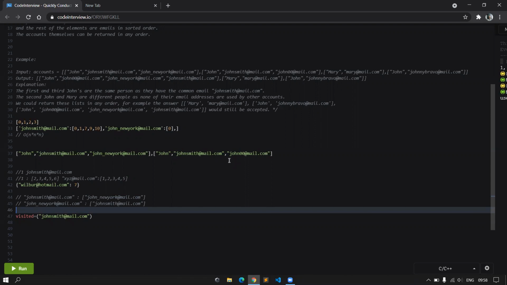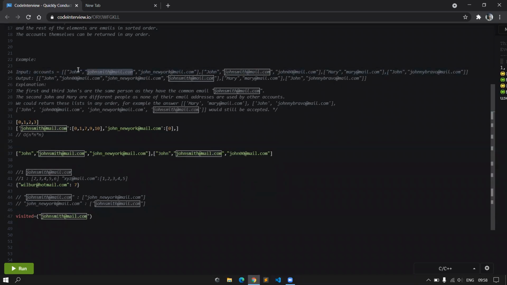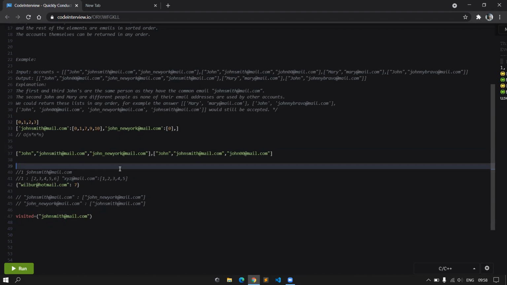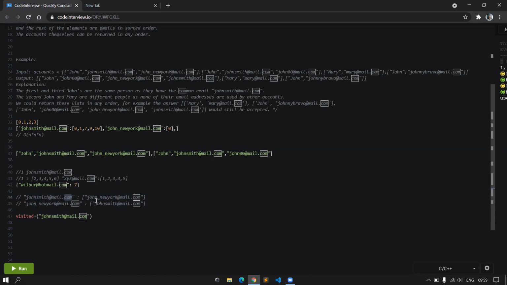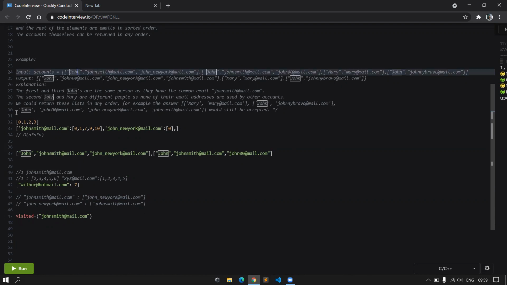I can use a dictionary here, I guess, to map each of the individual email IDs to the name, so that after the traversal is done, I'll know which name all these email IDs, or even one single email ID, correspond to. Okay, great.